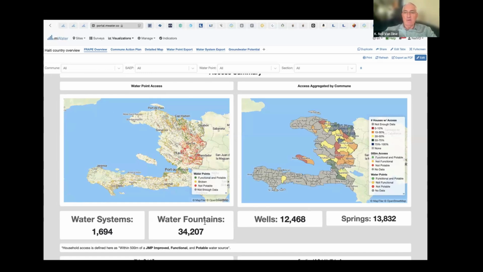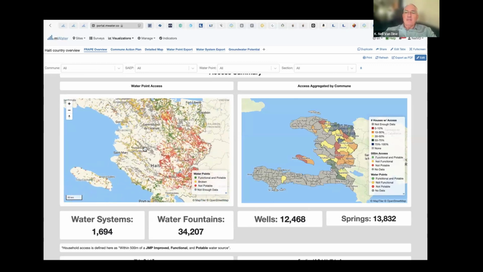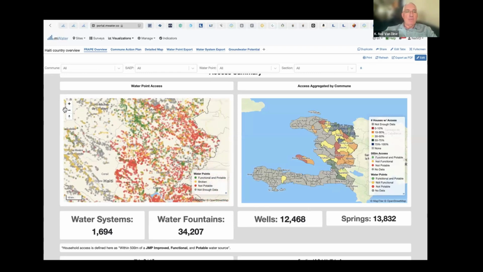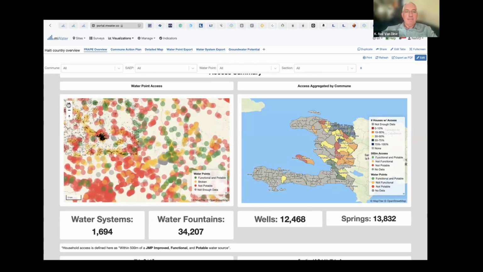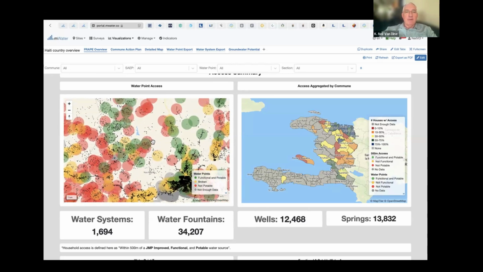You can see there's over 60,000 points on this map, because every data point that's collected is captured with a date tag and a GPS tag. So we can spatially locate every water point, and you can zoom in on this map and see every individual water point. By defining what we talk about and what we want to measure, we can visualize each water point.